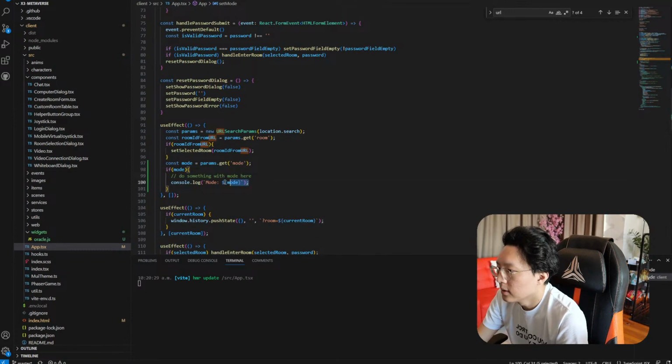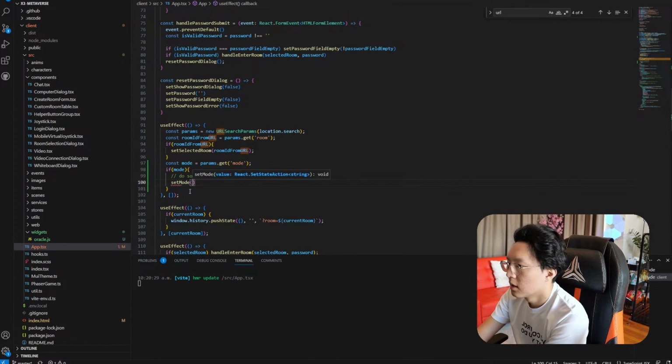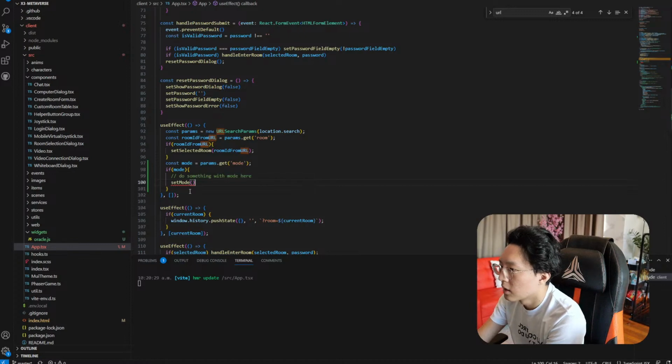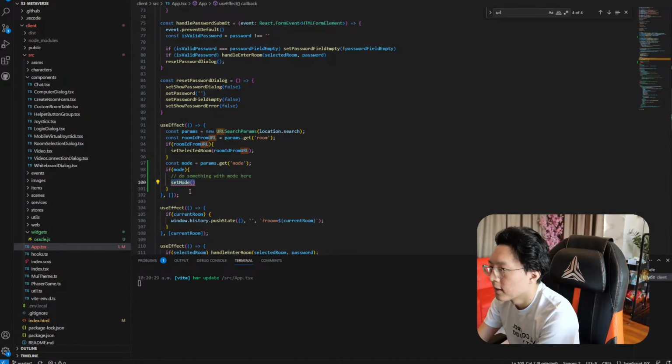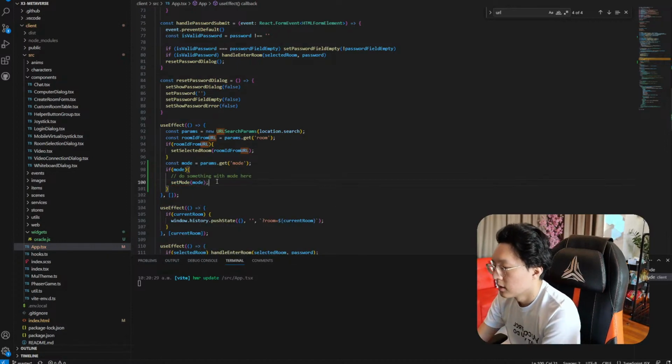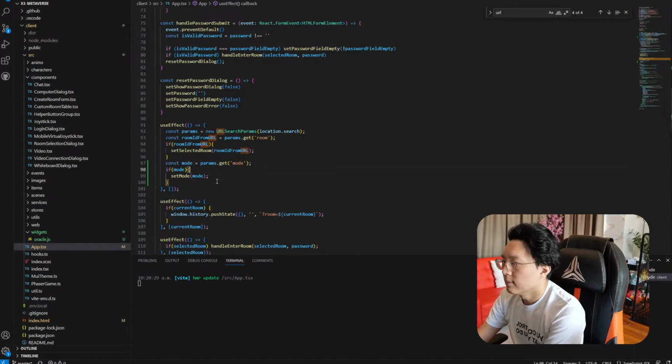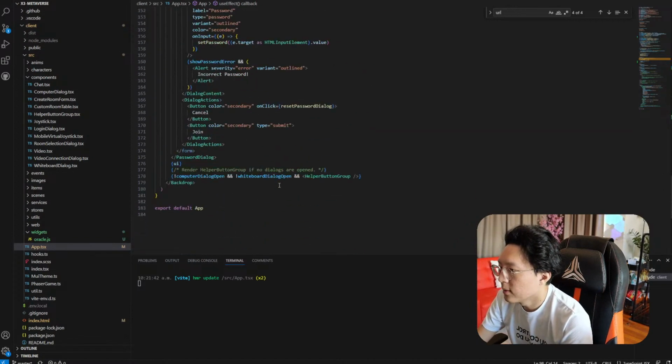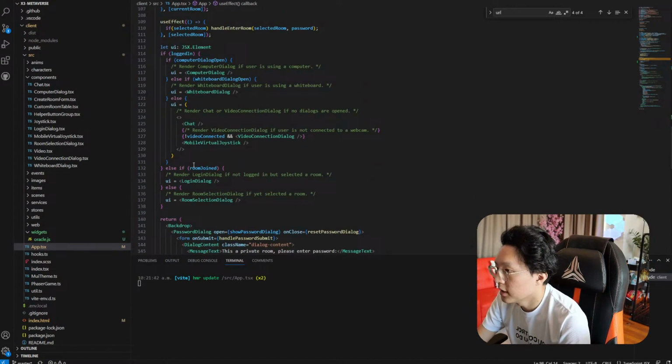Okay, and then we want to just do a set mode. Mode. There we go. Now we have mode saved in a variable, and now we can do a very interesting